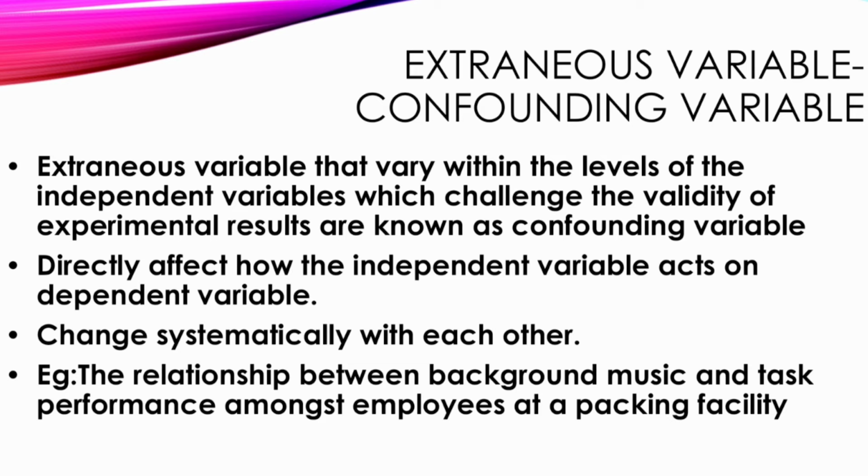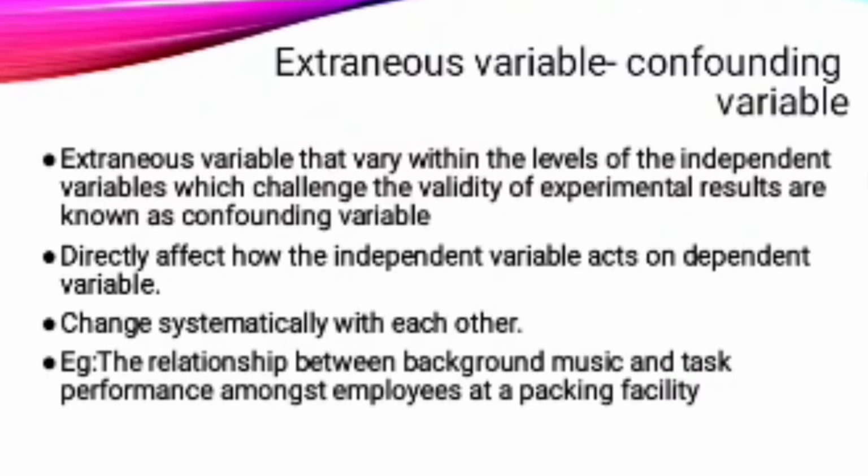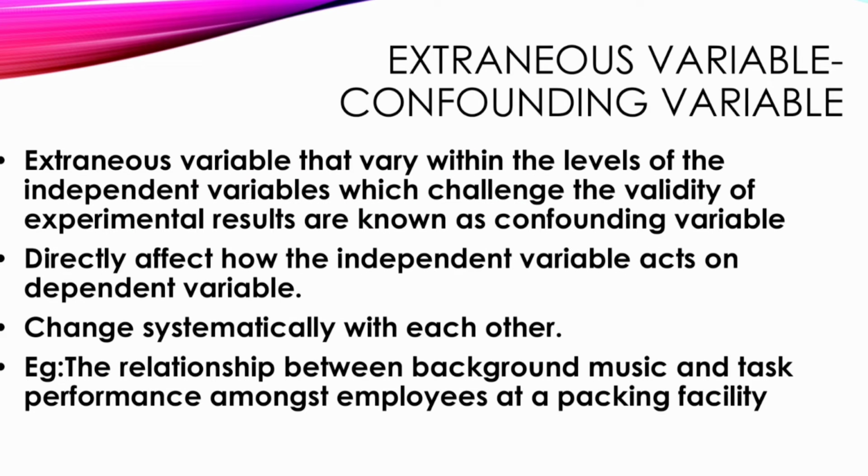If you're looking for an example, say you're researching whether lack of exercise leads to weight gain. The lack of exercise is your independent variable and weight gain is your dependent variable. No confusion in that. And here, the confounding variable is any other variable that also has an effect on your dependent variable. That is, any other variable which will have an effect on weight gain. So here, a possible confounding variable is the age of the person, because not just the activity level but age can also play an important role in the weight gain of the person.